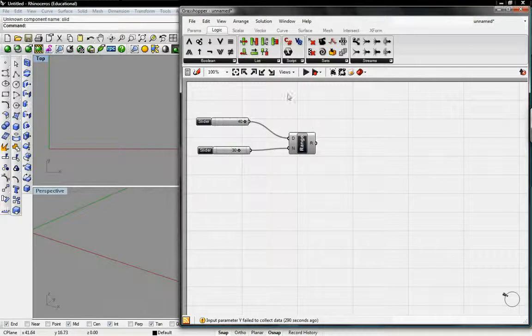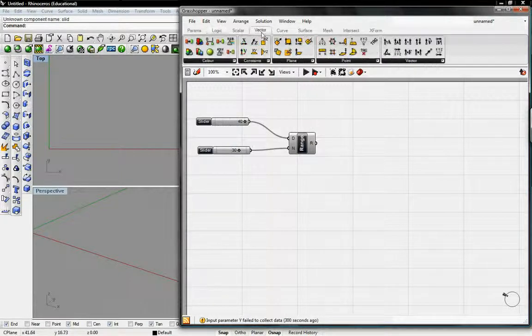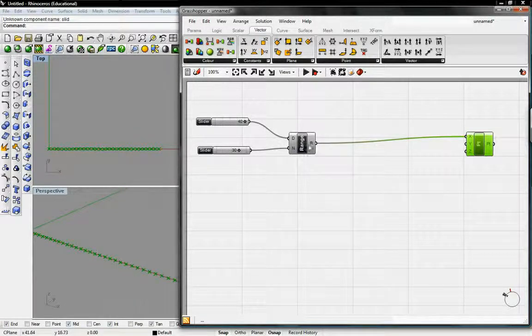This doesn't mean anything until we plot the points. So to get the points, we'll have to go under vector, point, XYZ will be the best for this exercise, and then we'll just take the X straight to the range. So we can see that the domain